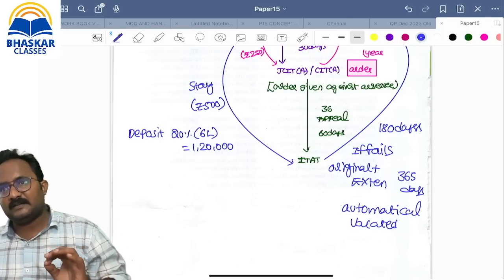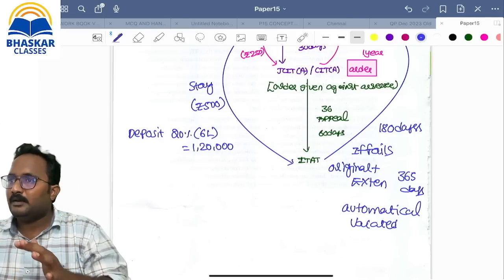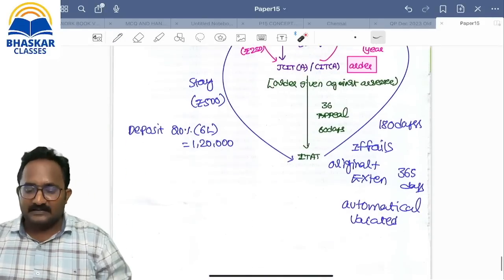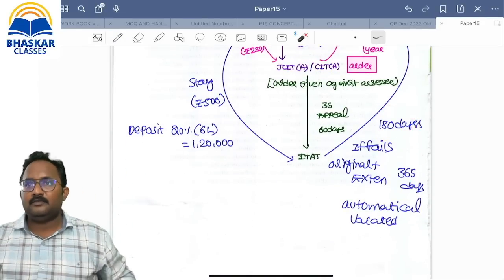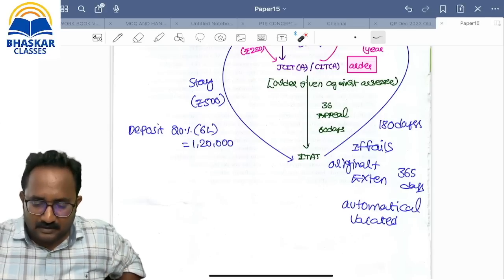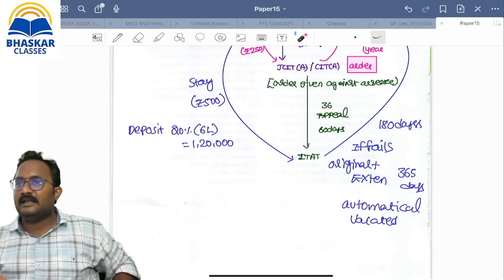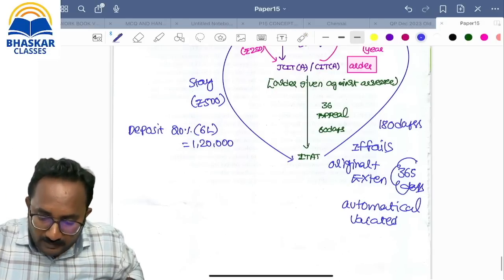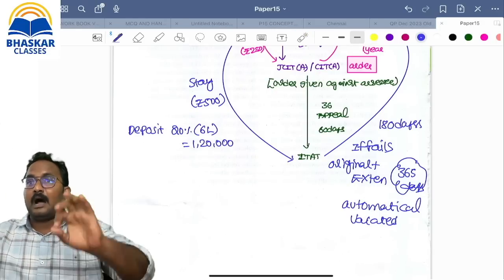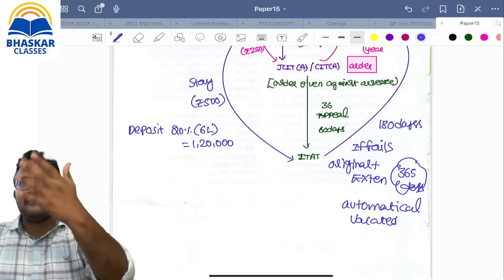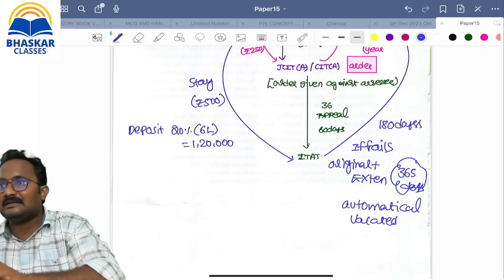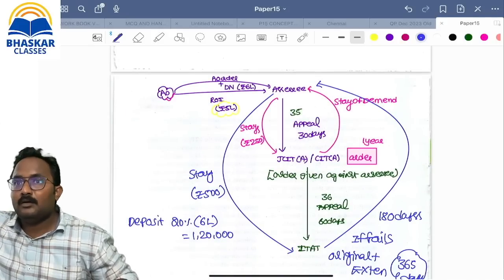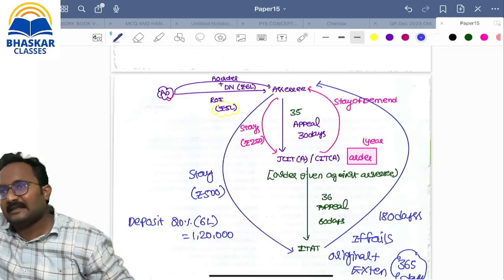Automatically vacated means, after completion of 365 days, if that order is not given by the ITAT, the AO wants to collect the tax from SSE directly, because the stay of demand was initially given for 180 days. If the order is not given within 180 days, it can be extended to 365 days. As per Income Tax Act 1961, if they fail to give the judgment within 365 days, the stay of demand is automatically vacated. Vacated means the stay of demand is no longer there. The AO can directly collect the tax from SSE. How much? Balance only, 4,80,000, because we already paid the rest. They can collect the remaining amount as well as interest.